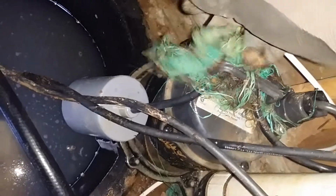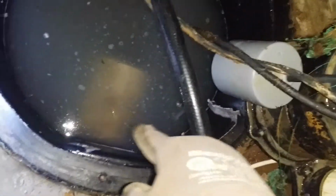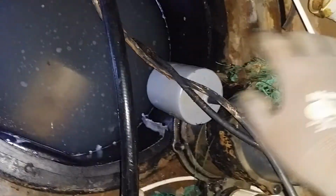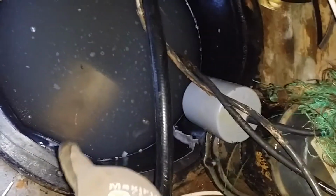And then here's your pump. If you'll notice, there's a bunch of mop strings and stuff all over it. It shouldn't be there. This is the float. When that comes up, it turns the pump on. It couldn't come up because of that. Hopefully this pump is still good, but I'm going to have to cut all these mop strings out of here. I've got to cut that off and make it shorter for this thing to work,